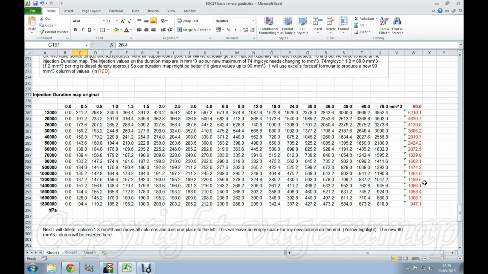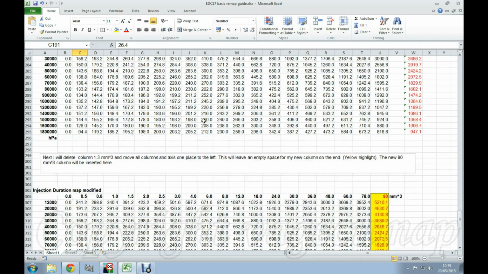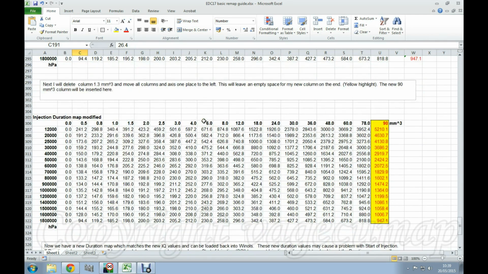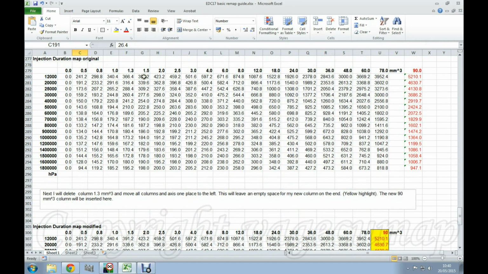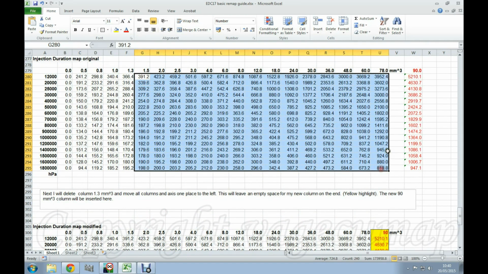And once again, as before, we can't just add that on the end because it would make the map the wrong size. So what I've decided to do is take one of these out, and I've taken out 1.3. You can sort of see why. I mean, there's a lot bunched together here. I could have taken out 0.5 or 0.8. I've just chosen 1.3 at random. So I've taken that out, and then I've cut and pasted the rest. So in other words, I've taken all this lot, and I've just cut it and pasted it.